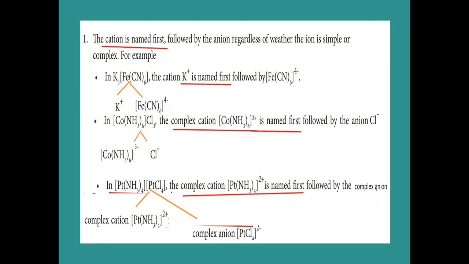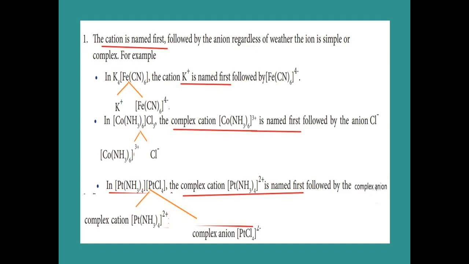In our second example, the [Co(NH3)6] is inside the square bracket and Cl3 is outside the square bracket. How can you split this one? The inside of the square bracket becomes 3+ and Cl becomes Cl-. Now this [Co(NH3)6]3+ is called a complex cation. Before the Cl-, we have to name the complex cation because it is the cation.